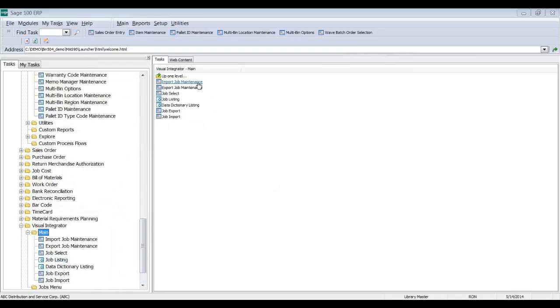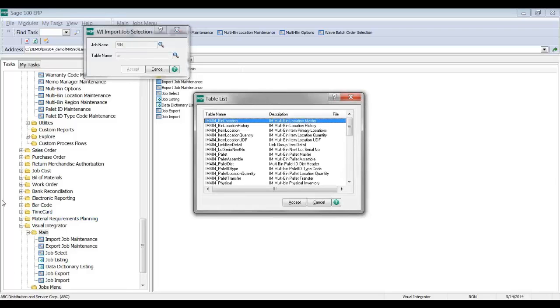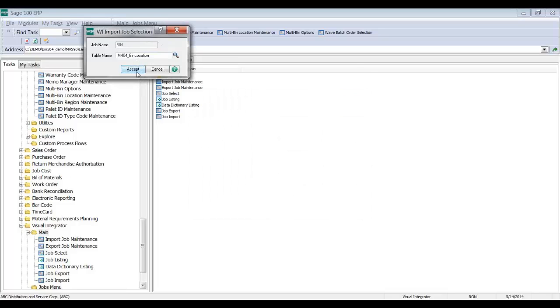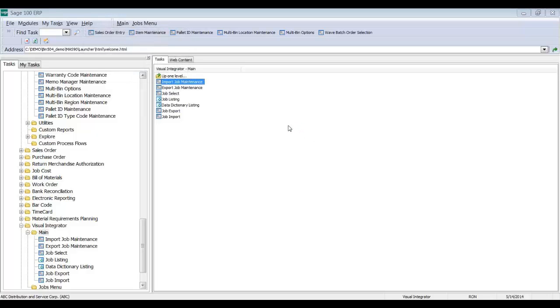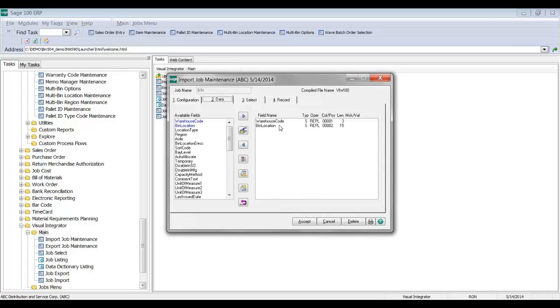you'll use Visual Integrator, and I normally have a job in here. Oh, I don't have any jobs. How is that possible? So I'll just designate one here. For the bin locations, it's the IM404 bin location. And this is a new job. And this is the required information, warehouse code and bin location. So if you get an Excel spreadsheet with 1,000 bin locations, you can import them just like that. The business object